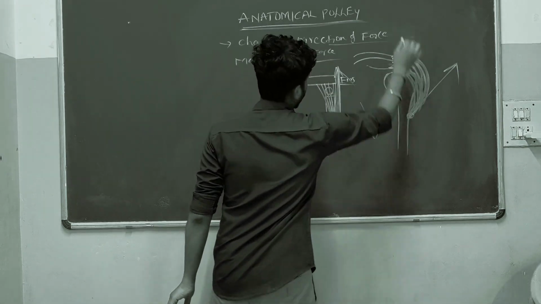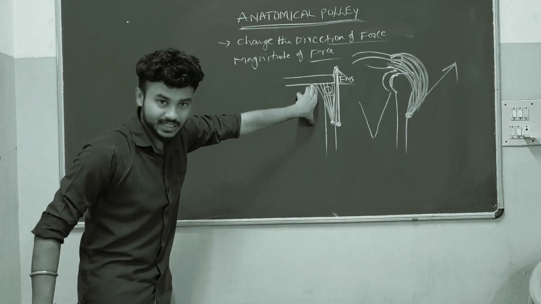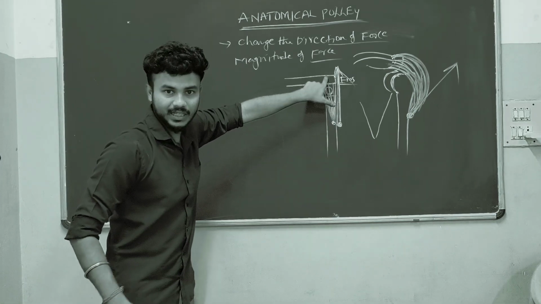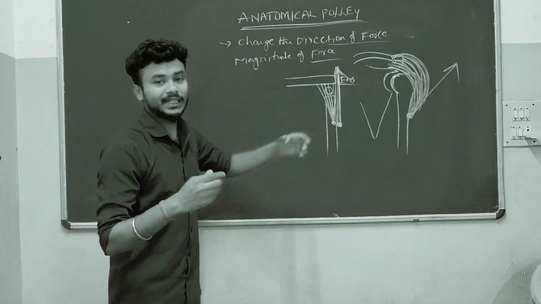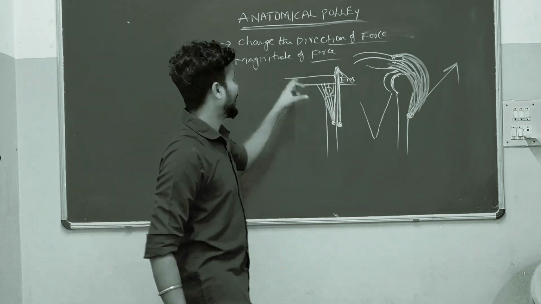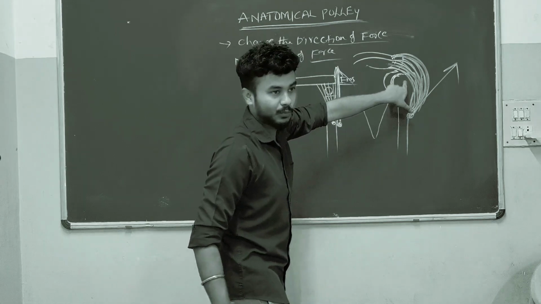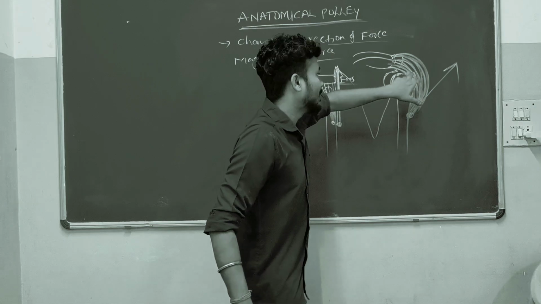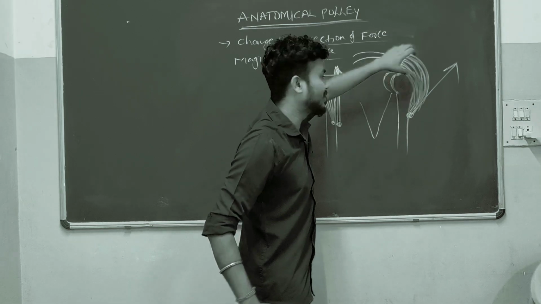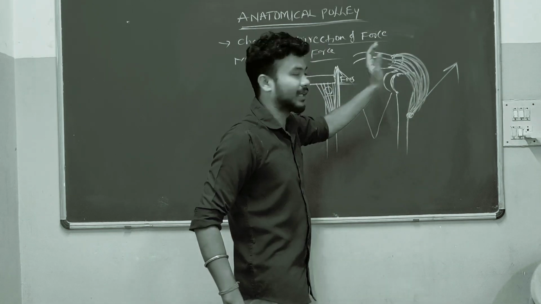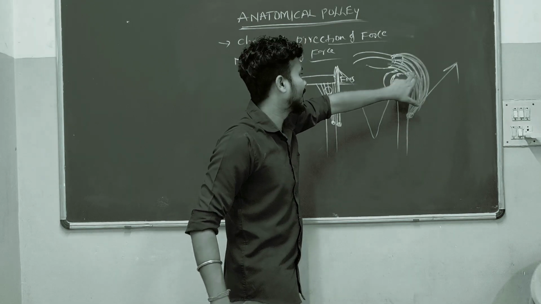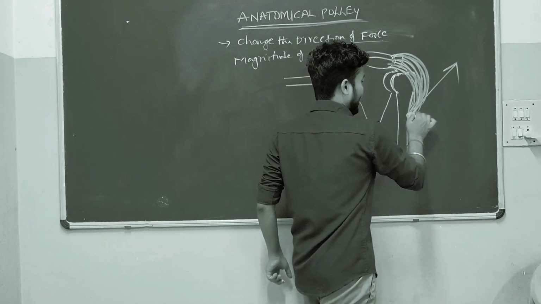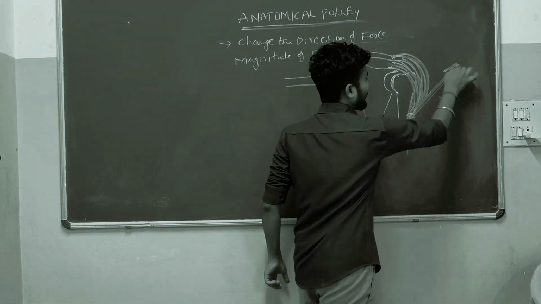So here anatomical pulley means if there are no structural changes, the force of the muscle will be in this direction. With this direction, we are not going to get any beneficial movement. So as an anatomical pulley inside our body, the structure of the bones is changed. Because of the change in structures, the muscle fibers are going to bend and curve over this bone. So here the bone is working as an anatomical pulley. Then the direction of the force will change.